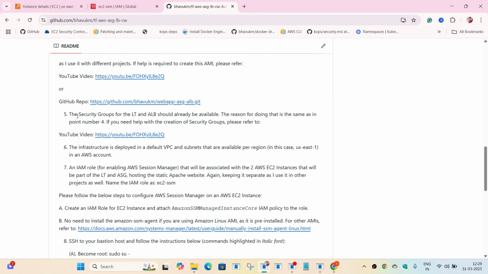Then I already have two security groups already created. I have created two security groups, one for the launch template and one for the application load balancer. The reason for doing that is